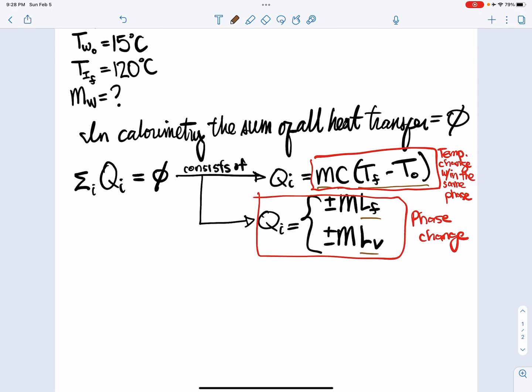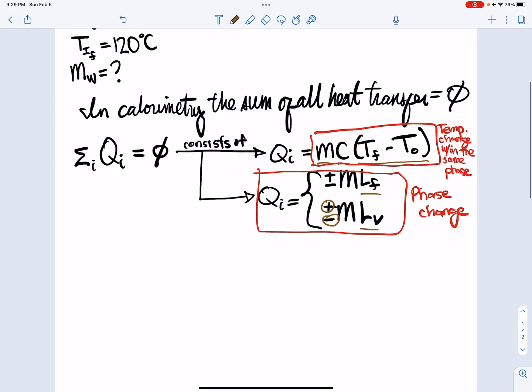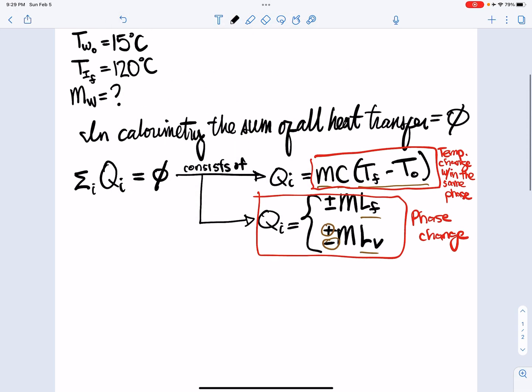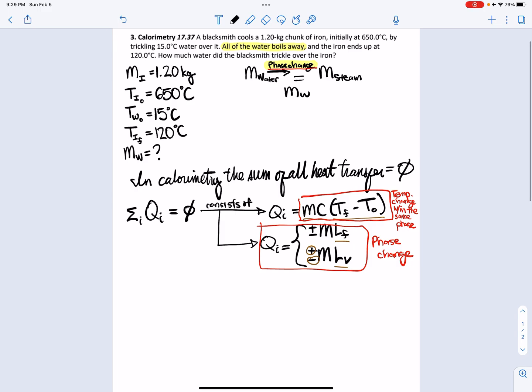Oh, and obviously the plus or minus depends on if heat enters the system or leaves the system, right? Q is positive when heat enters the system and is negative when heat leaves the system. Okay. So with that being said, that was just a little review. Let's go back. So in this problem, the summation of heat transfer is equal to